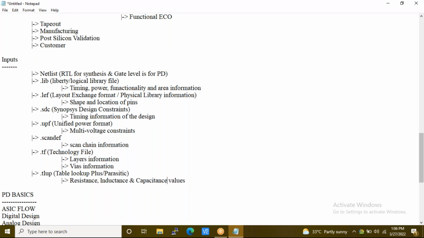R, L, and C. Whenever you take a circuit also, what is the resistance? What is the capacitance? What is the inductance? How much current is passing through it? That is what you will be learning, right? In engineering also, when you want to draw a circuit, it's not just a wire. For that wire, what will be the R, L, and C? So that information will be present in the TLUP.